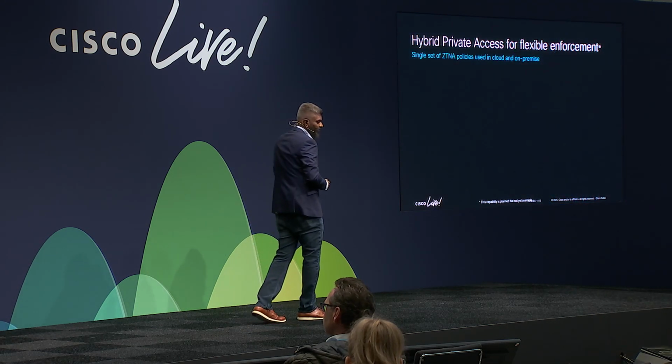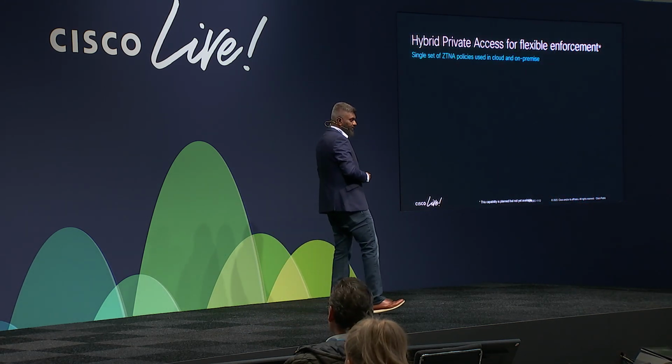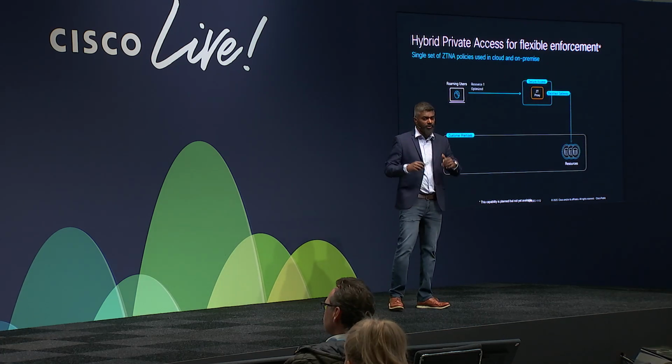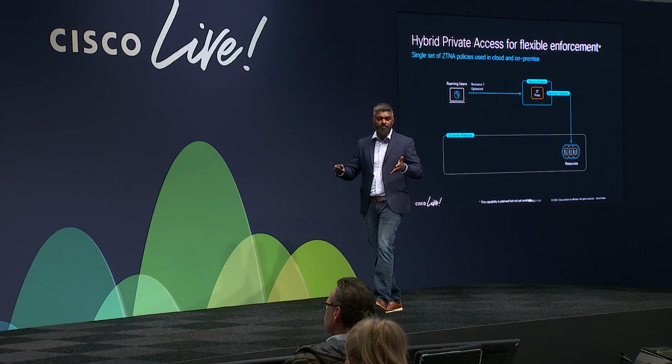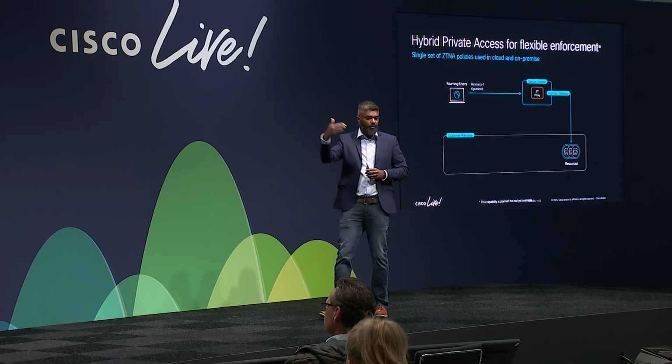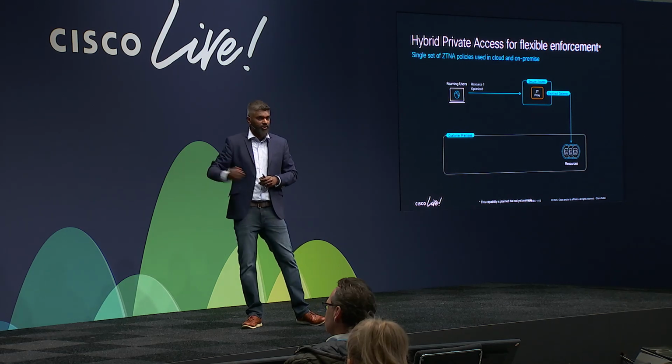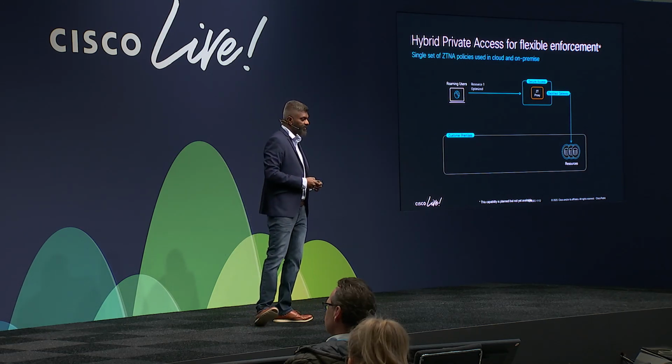I want to make this a little bit real for you and for you to be able to visualize this, right? Now, let's assume we have a roaming user. The normal course of operation is always going to be, hey, the roaming user is going to hit the secure access proxy that lives in the cloud, and they get access to the backend resources that may live in the data center.